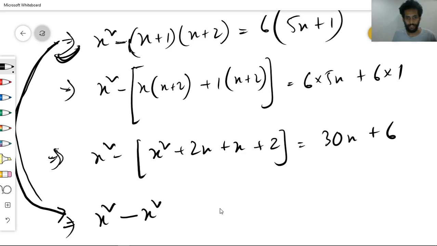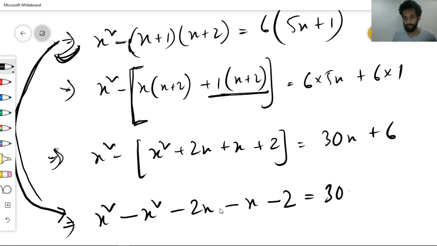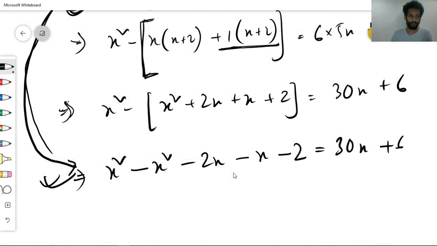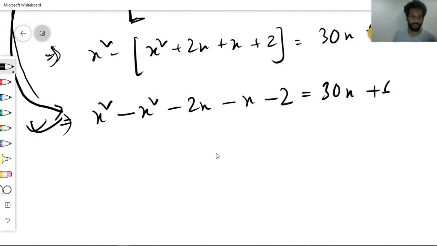This will be minus x squared, and here it will be minus twice x minus x, here it will be minus 2. Because if you don't give this bracket here, those who are not understanding, if you don't give it, then the sign will be coming different. The sign here will be coming different. You will be just giving this sign in x, and this remaining part will be plus somewhere, so the calculation might be wrong. So those who are getting this, you can just write this step, but those who are not getting it, you have to do these two middle steps.